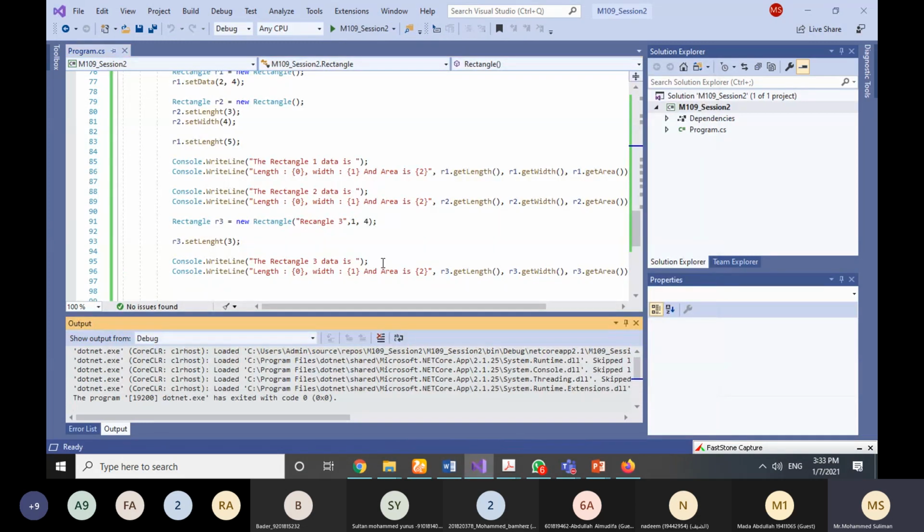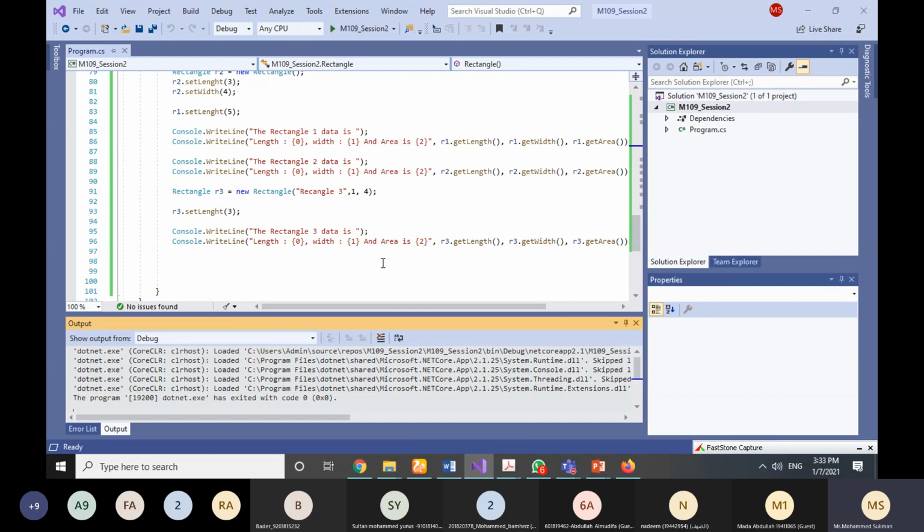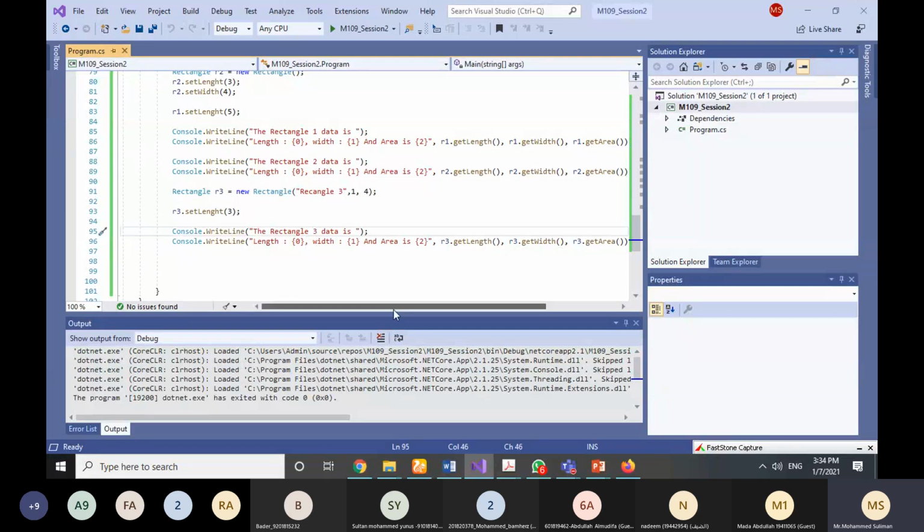I'm not printing here the rectangle length, width, and the area, right? What I'll do is the shape